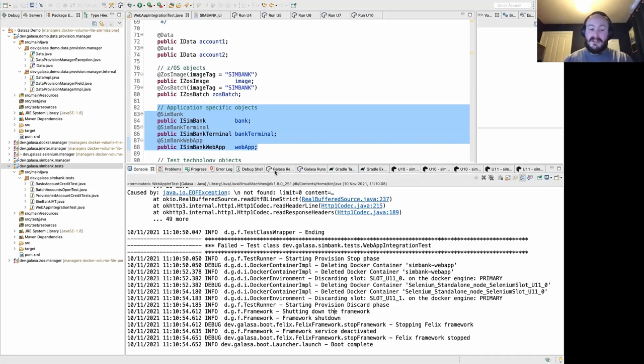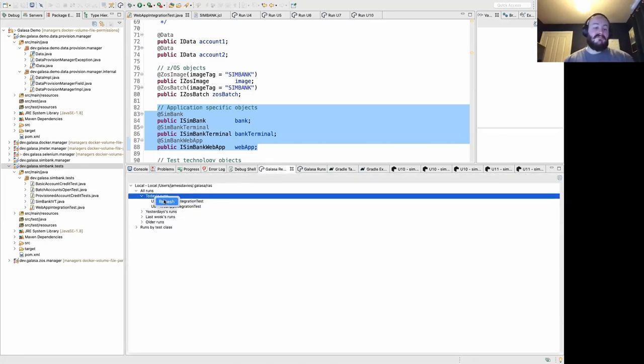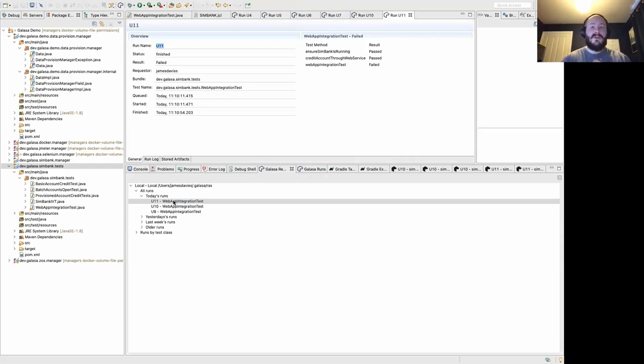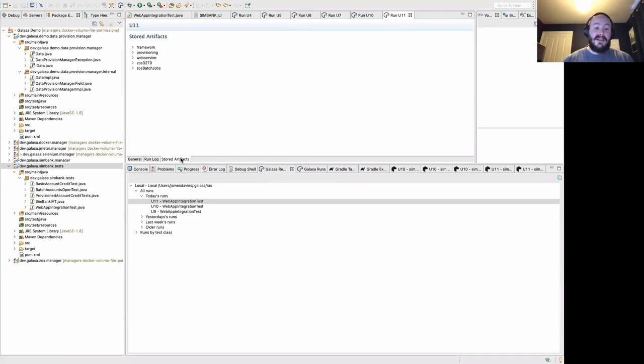So I'm just going to quickly load up the results again, because this is one of those moments where something did actually go wrong. So we want to see what went wrong, and we can see from our results here that it was actually the web app integration test that failed. So hopefully, when I come across to my stored artifacts tab now, we actually have a new tab here called